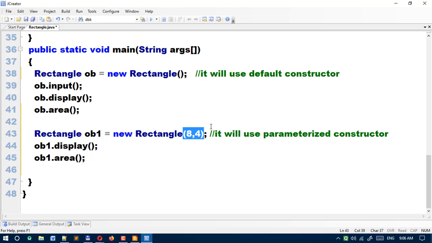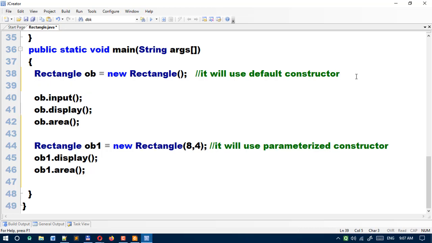All of you clear? Sir, one more thing. Yes. Here you are saying ob dot will not be used, so we can remove this ob dot. I have said ob dot will not be used. I mean to say, see clearly, ob dot Rectangle with brackets, this one will not be used like this.